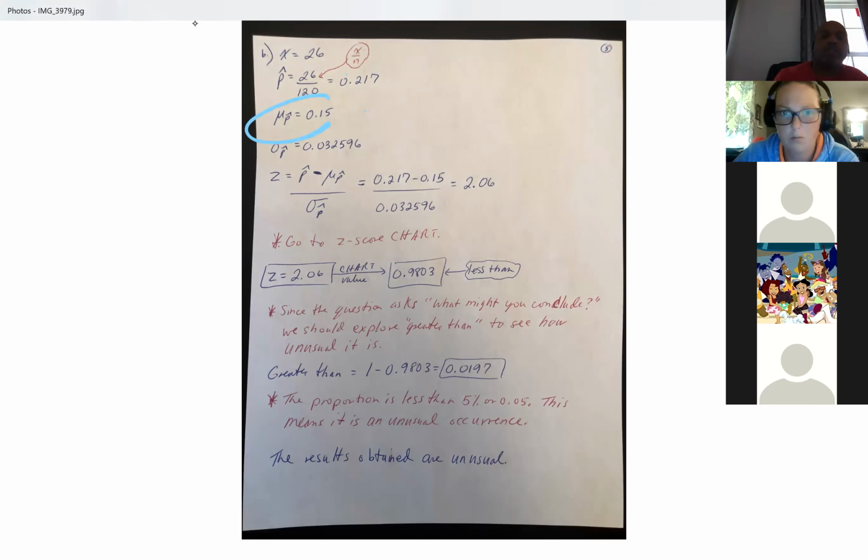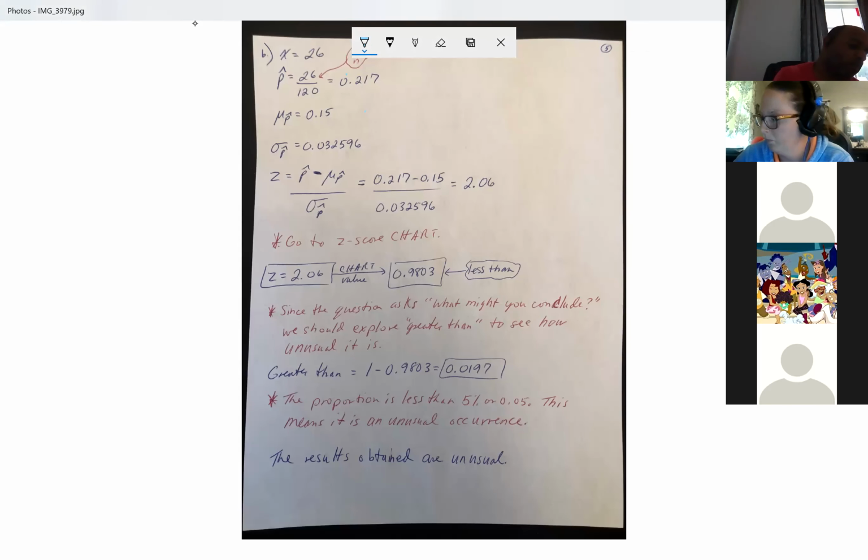The problem didn't change, so our mean is still the same, and our standard deviation is still going to be the same. Just that they gave us a different P hat to consider. From there, the Z-score formula: 0.217 minus 0.15 divided by that standard deviation. So our Z-score of 2.06